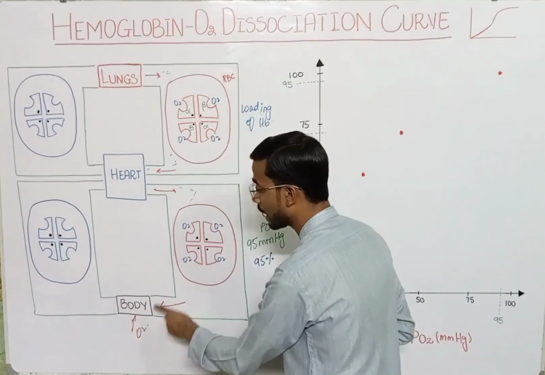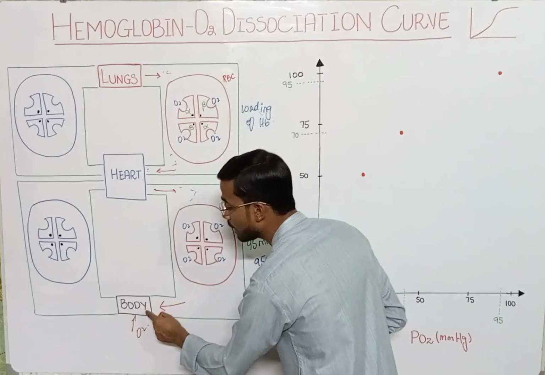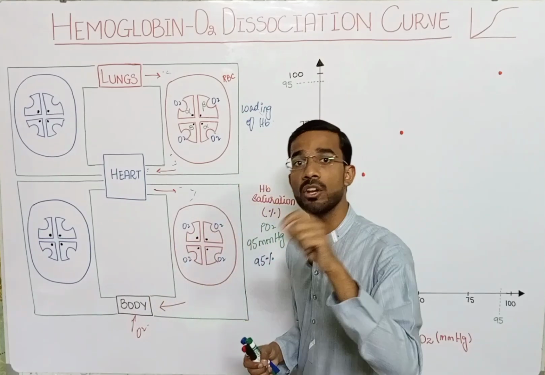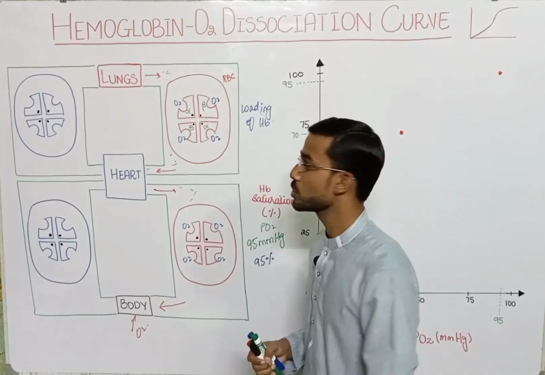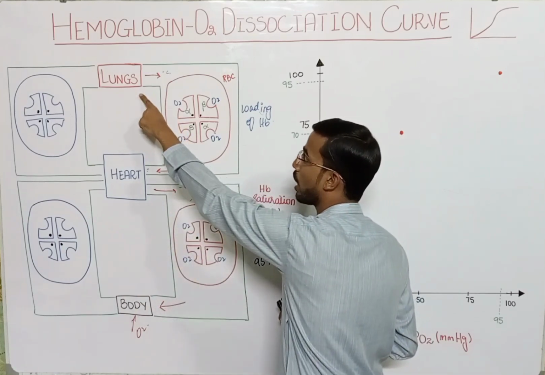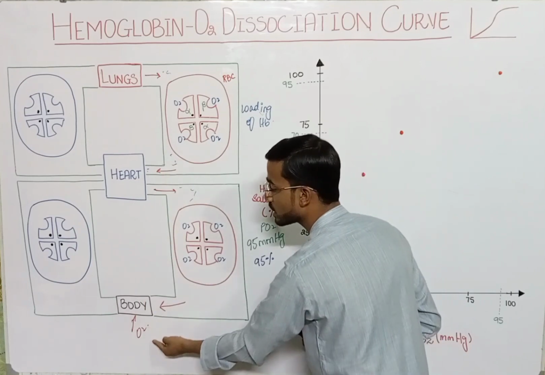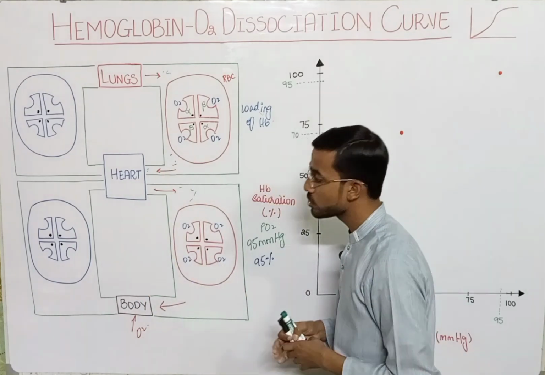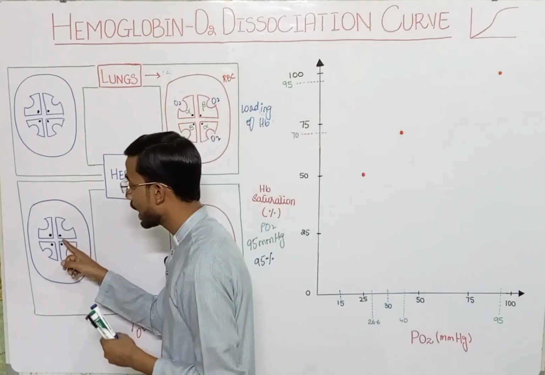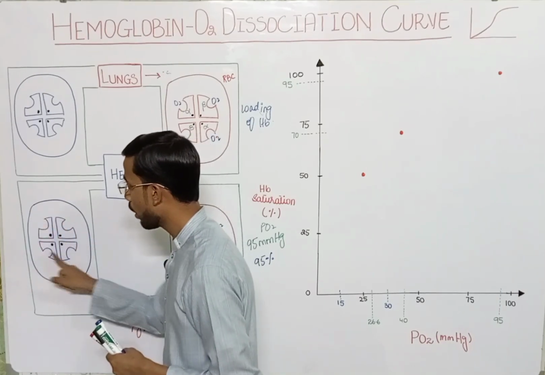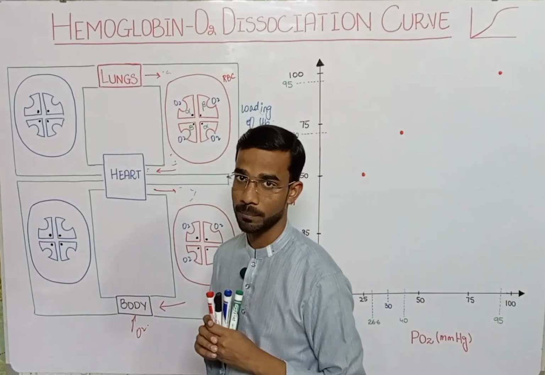In the body the oxygen is unloaded from the hemoglobin. In the lungs the oxygen is loaded in the hemoglobin, but in the body the oxygen is unloaded. So there is no oxygen available to the hemoglobin,